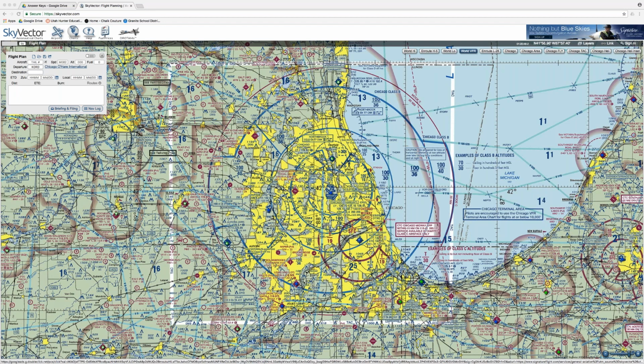So if you see here on this map, this blue circle, we're looking at a VFR chart, right? And if you guys remember when we were talking about charts, this white line here represents what's under a terminal area chart, okay? So we're talking about that space just around really busy airports. We have these TAC charts, as we call them. But this would be called a sectional chart, okay? So on a sectional chart,